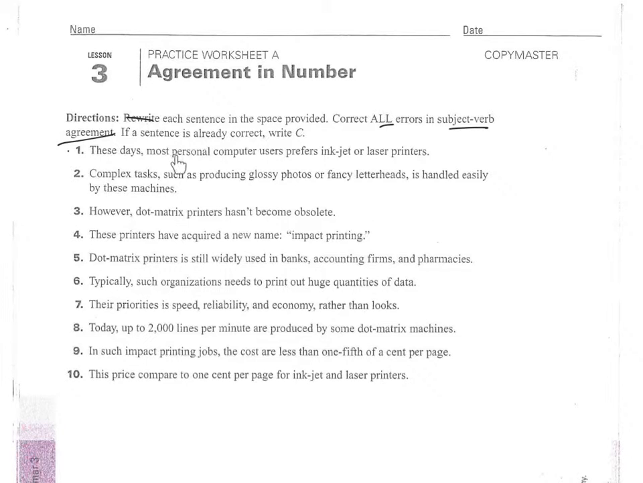These days, most personal computer users prefers inkjet or laser printers. Okay, so step 1 is find the subject. What's the subject? The subject is computer users. Okay, and what's the verb? Prefers. So users prefers or users prefer? That's right, so we're going to get rid of that S. Users prefer inkjet, they prefer. Number 2,